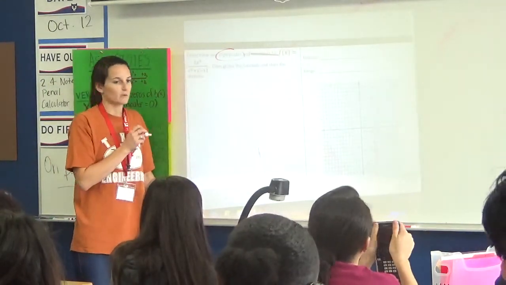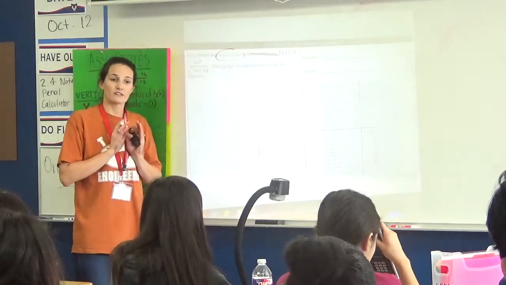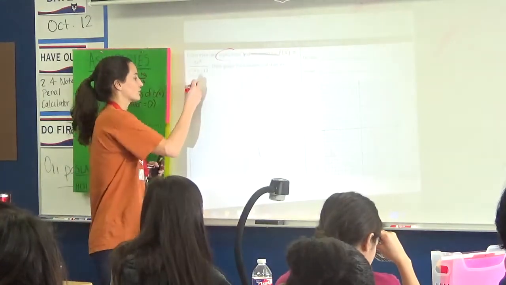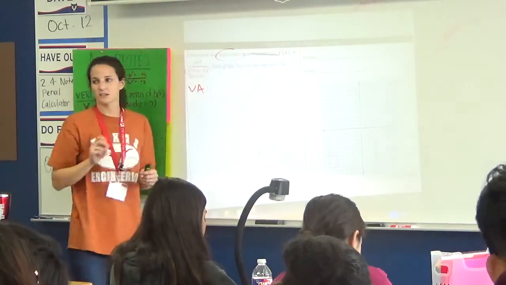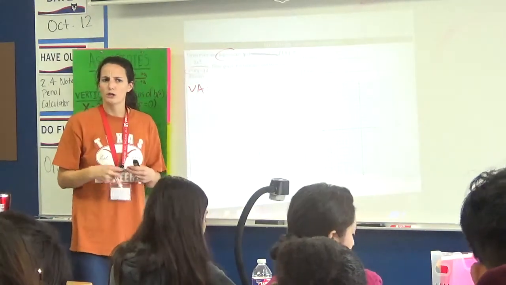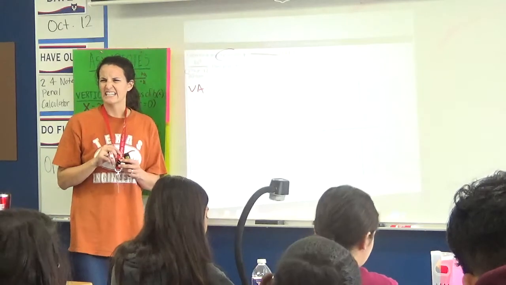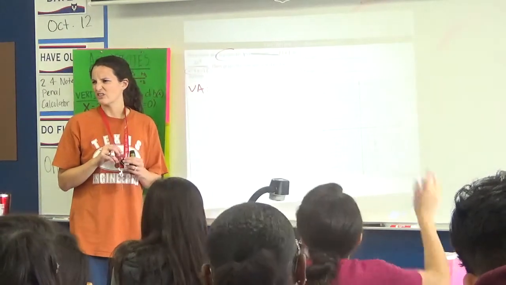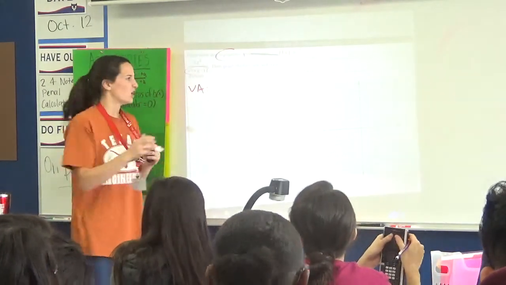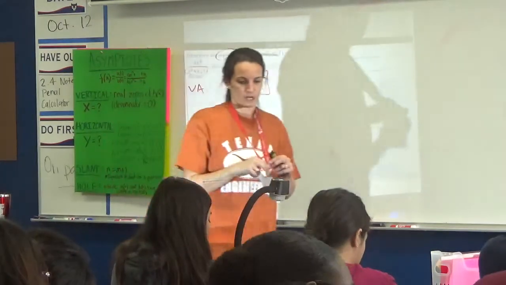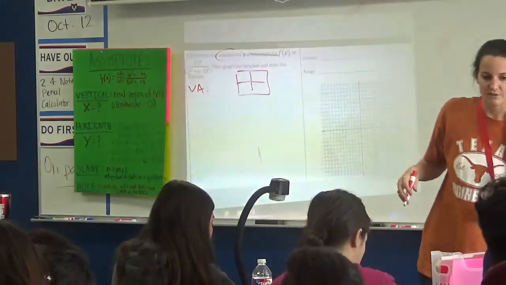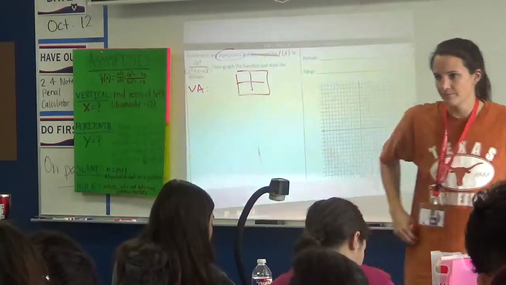So Melanie, what do you want to do first, vertical or horizontal asymptotes? Vertical. Let's knock out the vertical. Okay, vertical asymptotes. I need to make the denominator equal to 0, but it's a quadratic. How do I find out where that's equal to 0? Okay, go ahead, take a minute and factor it using your box method so we can find our zeros of the bottom.